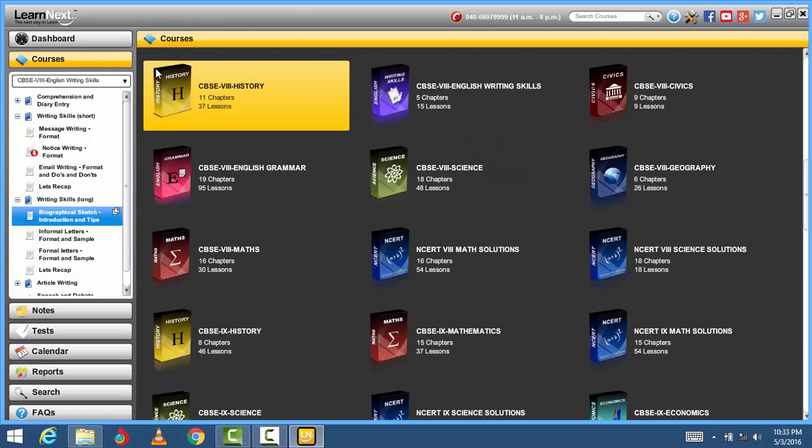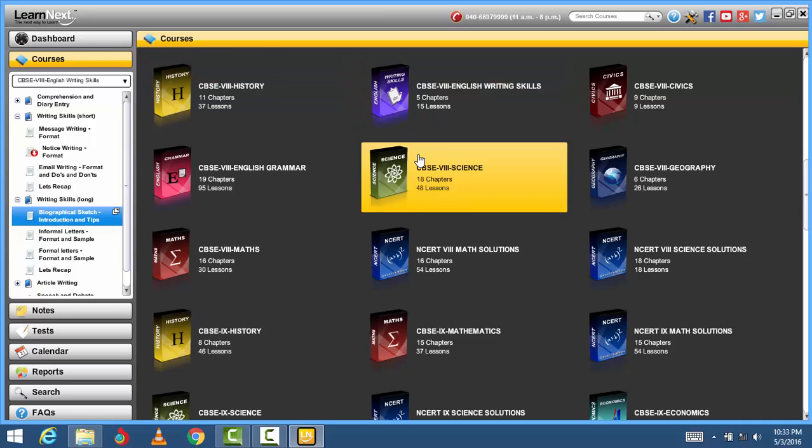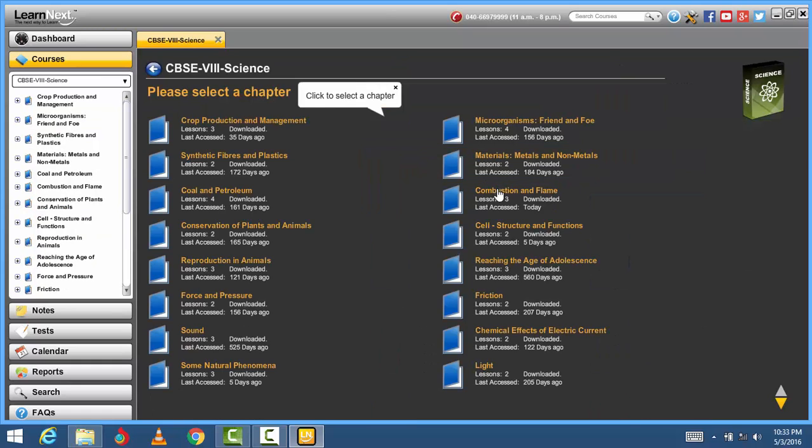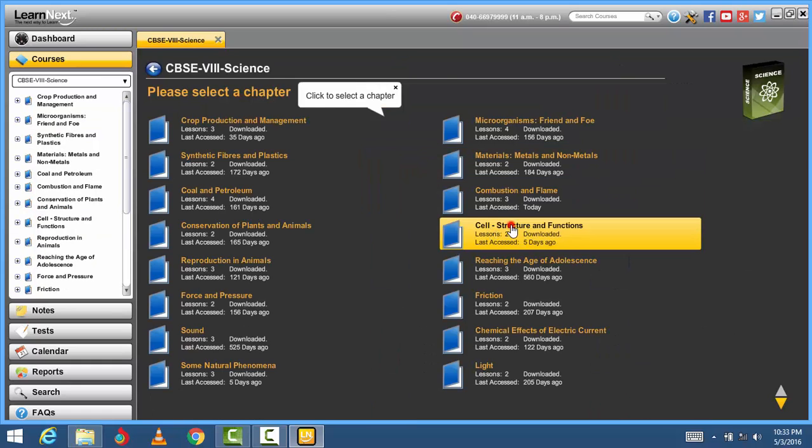So we have seen math syllabus, math solutions, science syllabus, science solutions, history, geography, civics, English grammar and English writing skills. Apart from this, the software has some unique features. The first feature is that when any lesson is going on, for example this cell structure,